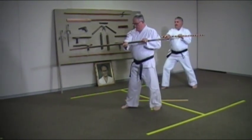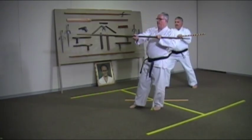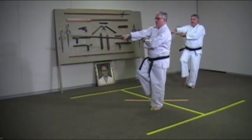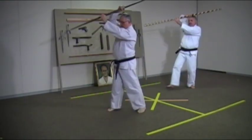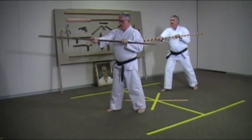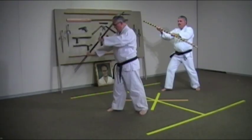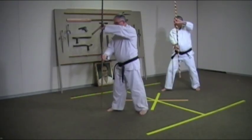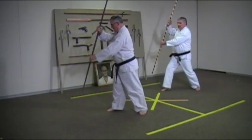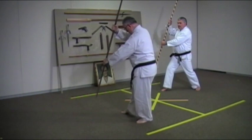And again, what we're going to do is we're going to avoid the sweep with the right, pick the right foot up, you'll be in a left crane stance, bring the bow counterclockwise into a reverse side strike with the right, step forward into a right forward stance, and strike the head with the right. And from here, bring the bow back again into a vertical, and do a vertical downward inward block with the right, a vertical power downward inward block with the left,